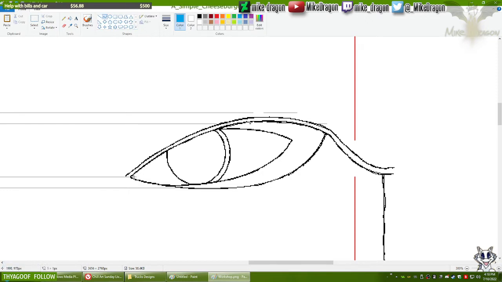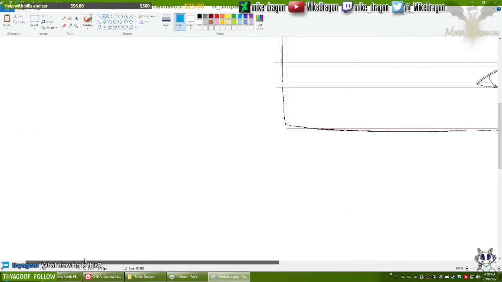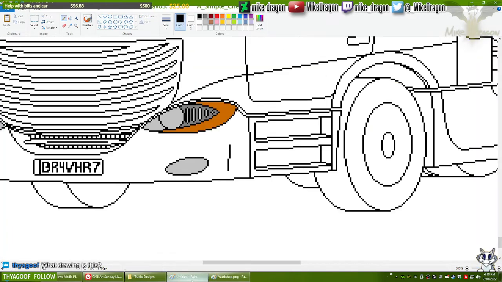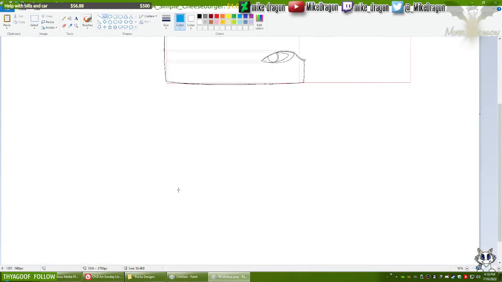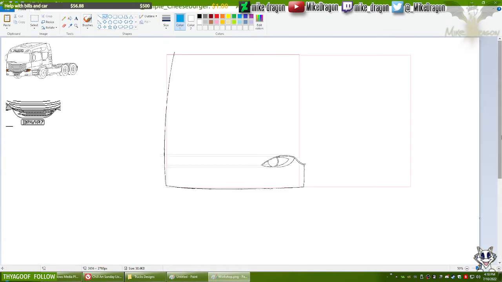Let's make a thingy here. This Yakov is a truck that I made up, and I drew the basic design on this little doodle here, and now I am turning this into a full sketch, which I will then turn into a final picture.